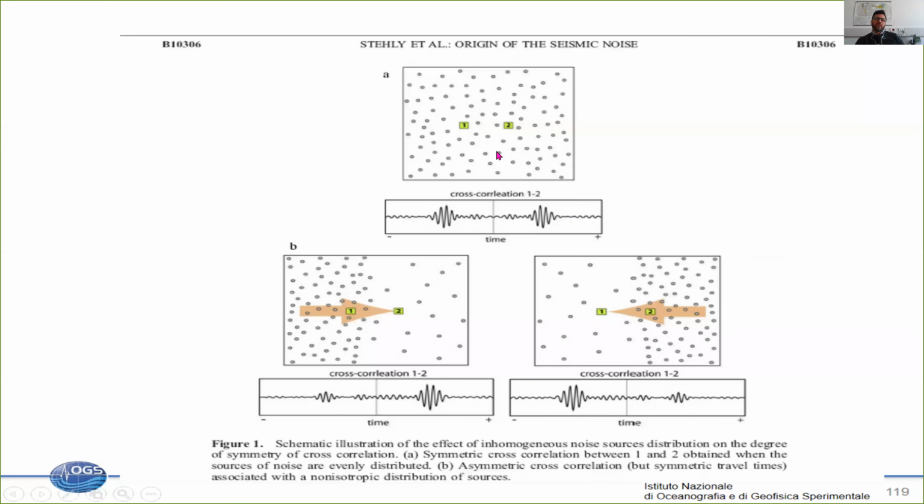Here in the figure, we have two stations placed on the ground, and we imagine that every one of these points, these gray circles, represents a possible source of noise that is generated at different times and in different positions. If I take the cross-correlation of all the signals, of all this noise, and I stack it for a long time, I expect to find,